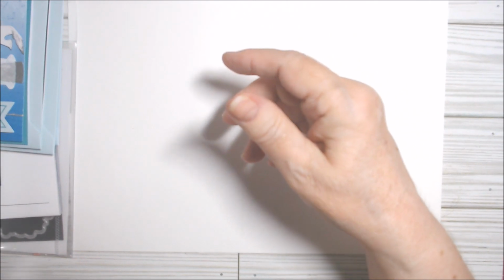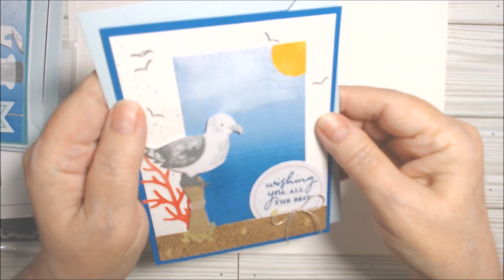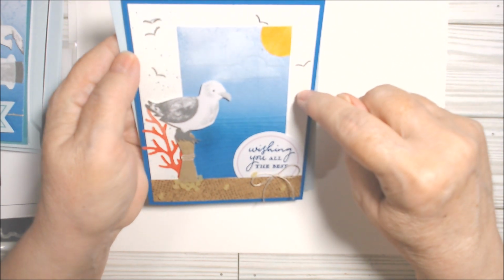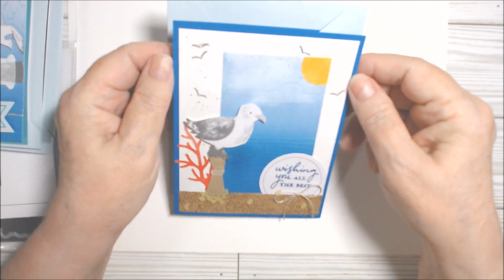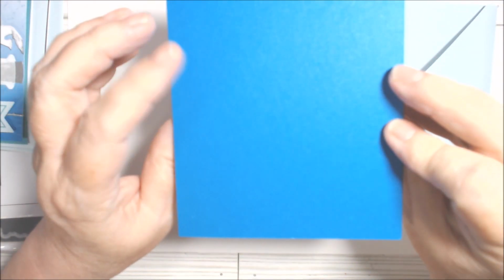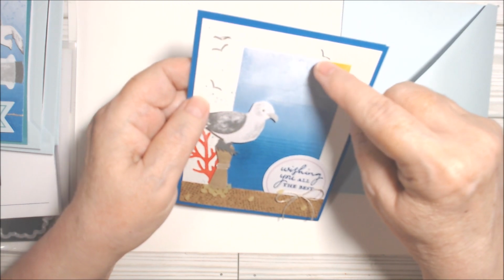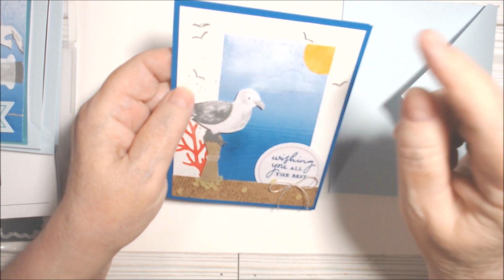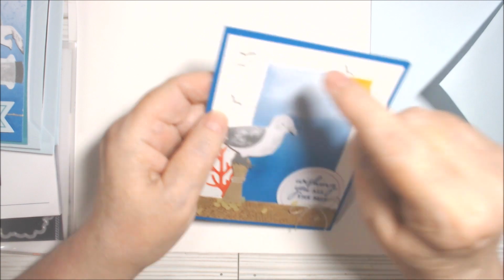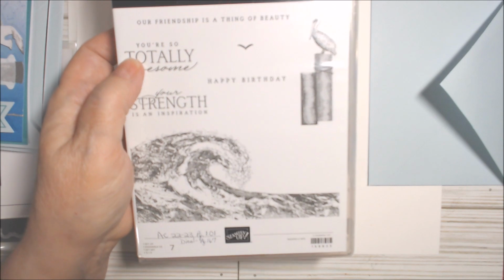So that's card 1. Then card 2, I had the other half of that piece. Same thing. I had done the white cloud. I made the clouds more white. This is a piece of basic white, 4 by 5 1/4. And this is Pacific Point cardstock. I actually cut a 1-inch circle out and colored it with, I think it's Dark Daffodil Delight also, because I had stamped these birds here, and that's the only thing I ended up using out of Waves of Inspiration,